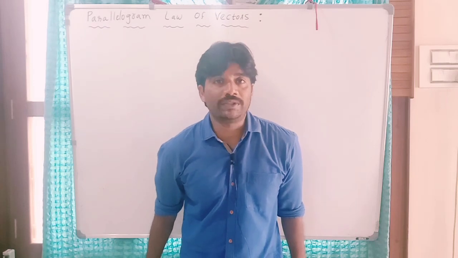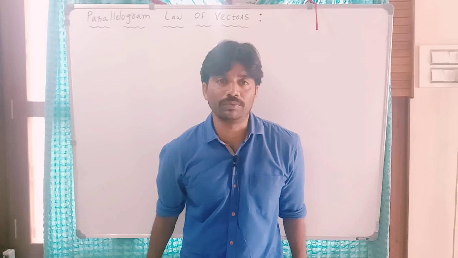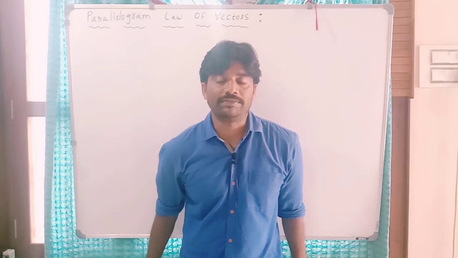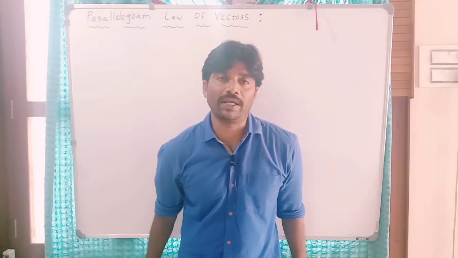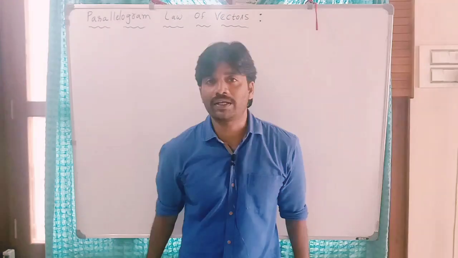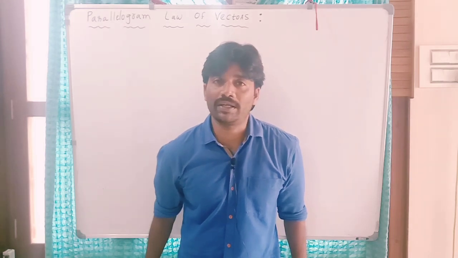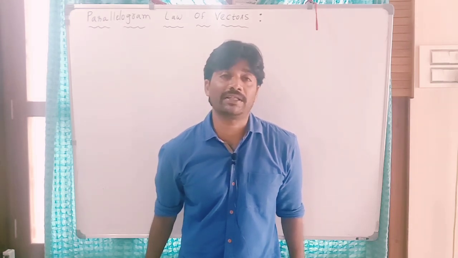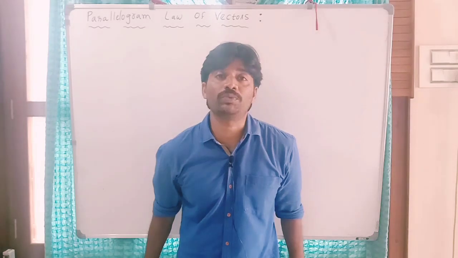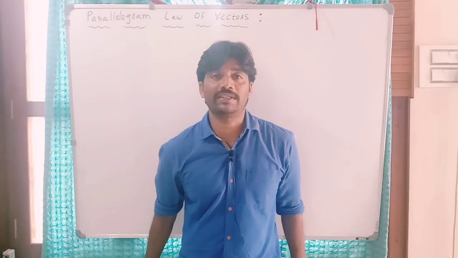It is the vector which can give the same result that is given by the combination of two vectors. If two vectors are added vectorially, you will have a new vector. That new vector is called the resultant vector. So that vector can give the same result that is given by the vectors which are added together. This is called the resultant.